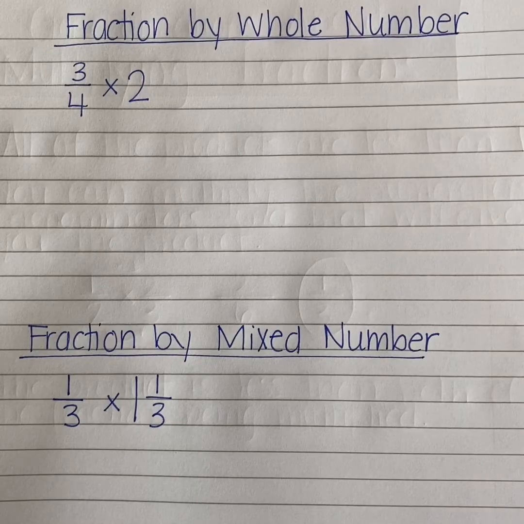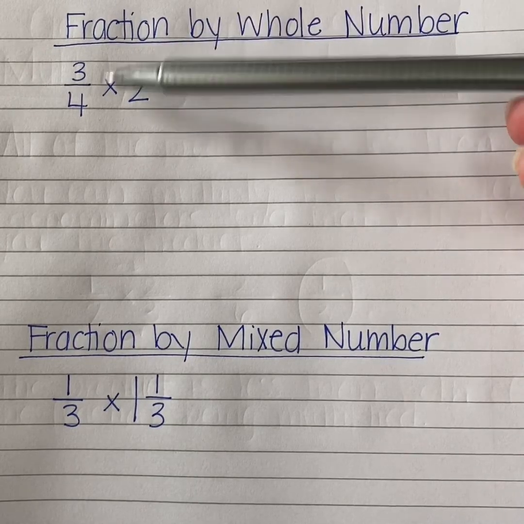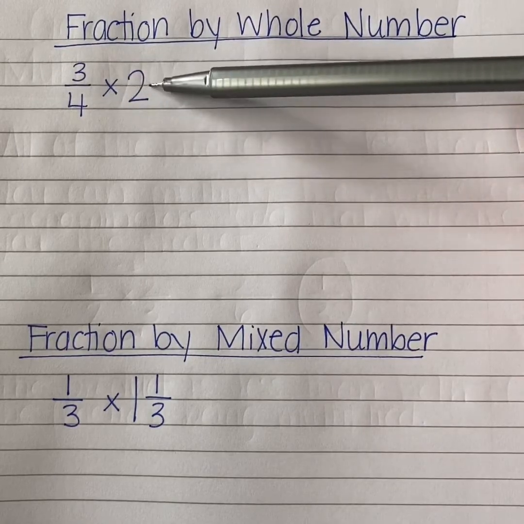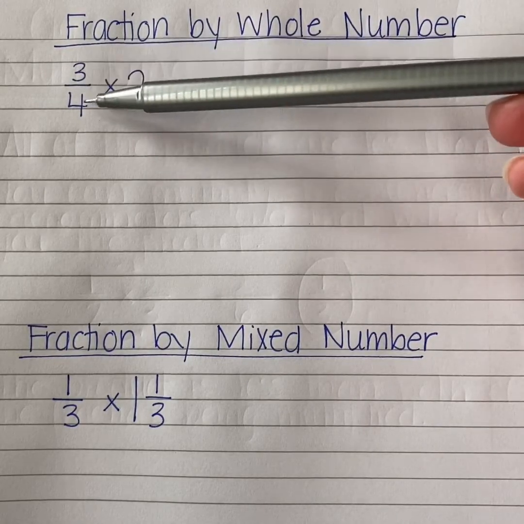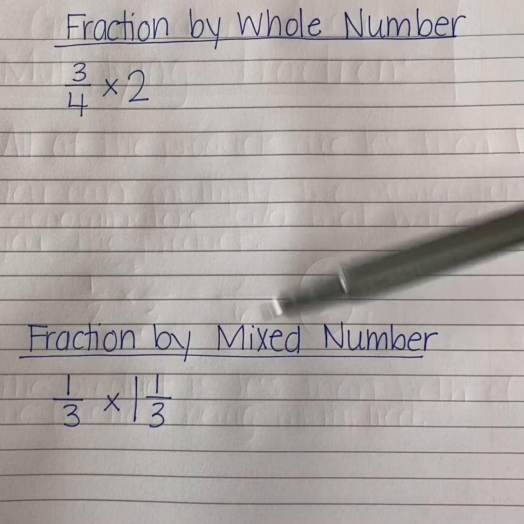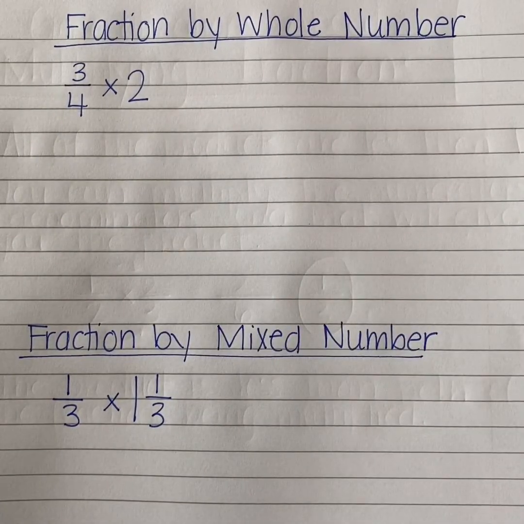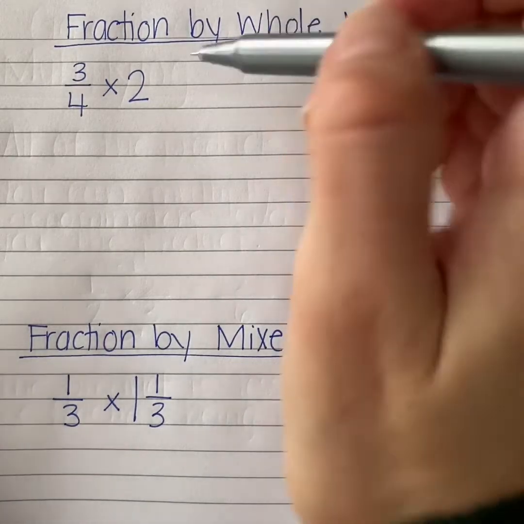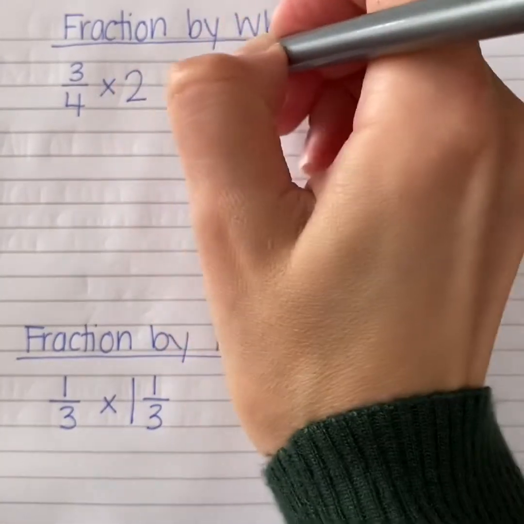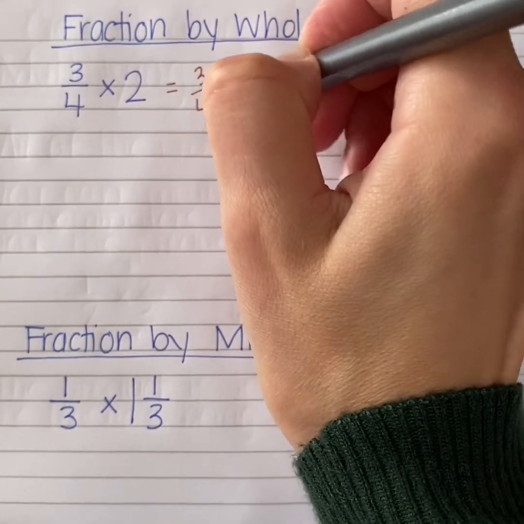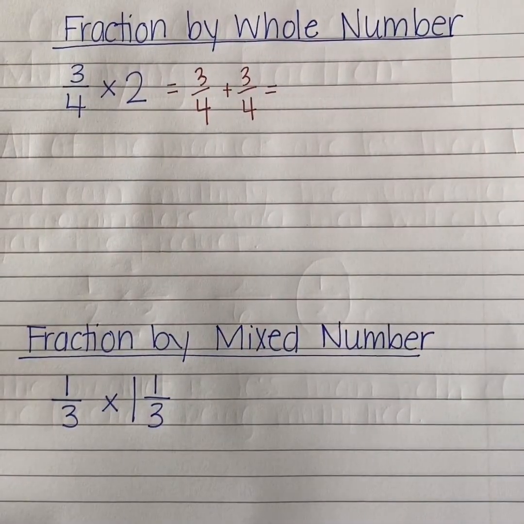The other thing that we can do, when you have a whole number and a fraction, you know when you're multiplying 3/4 by 2 that you have 3/4 2 times, right? Remember, we use repeated addition also to multiply. So if we just have a whole number like this, it's very easy to say 3/4 is the same as 3/4 plus 3/4,